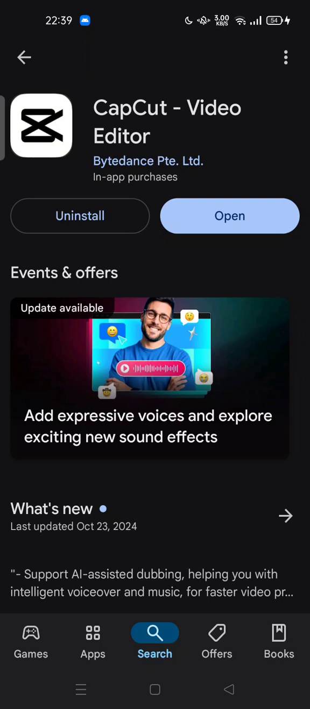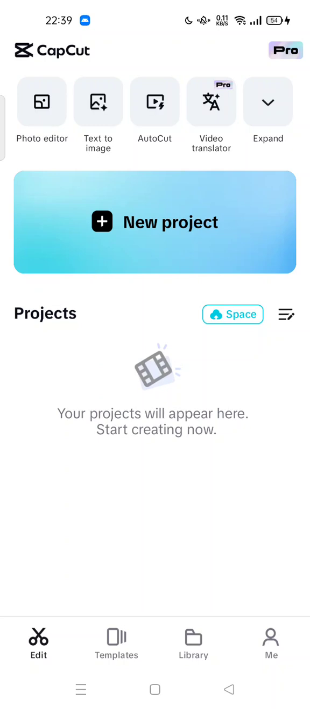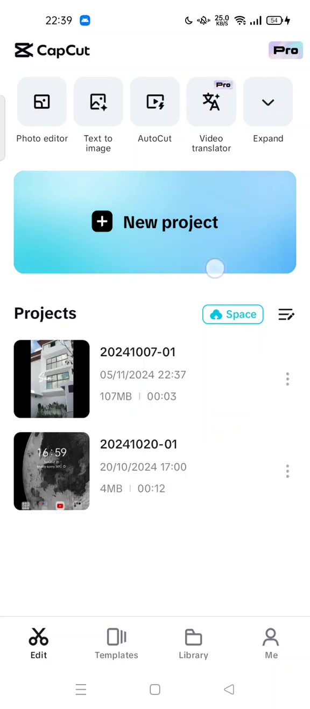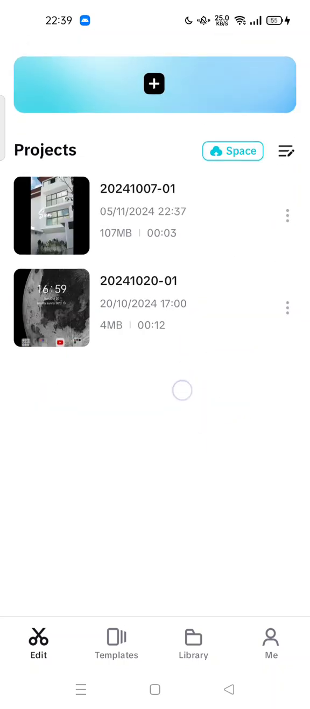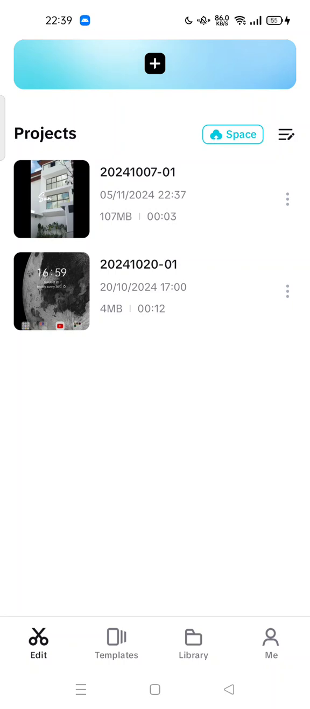Now, in order to remove the Capcut watermark logo from your video, you can open your Capcut app first, and you can create a new project or start a new project. You can tap the Capcut, tap the projects. Here, by default, if you start your video,